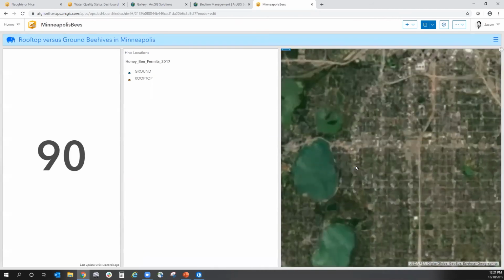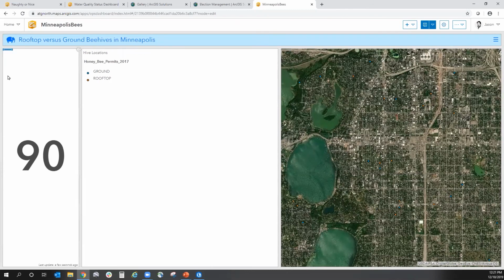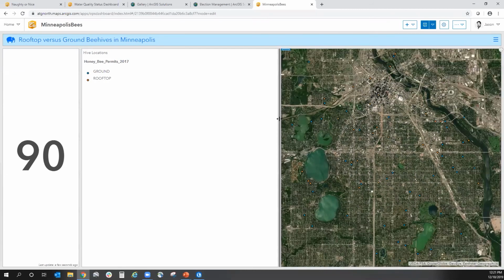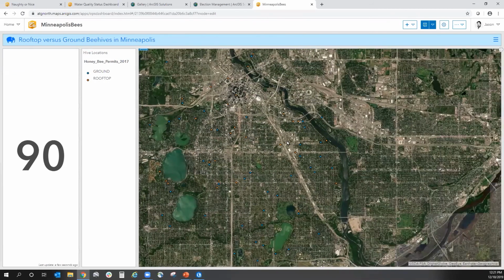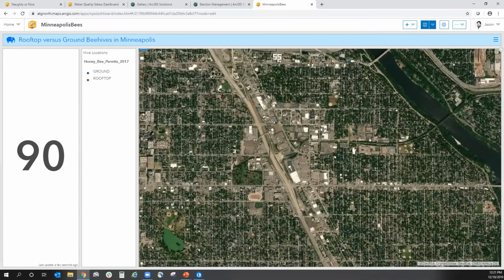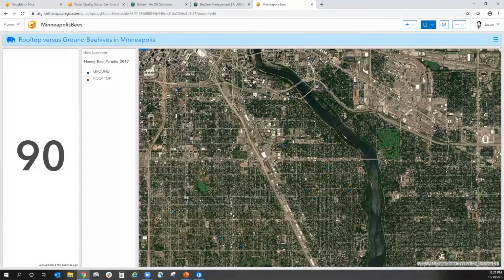It found 90. Now I can configure this, make this much smaller, of course. So I can configure this to actually update. This has gone a little crazy here. As I zoom in and out, I can configure this to tell me my exact numbers. And then, of course, once I'm done, all I have to do is hit save. And when I hit save,